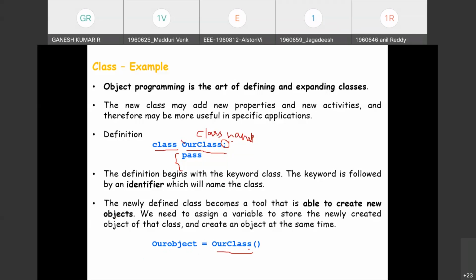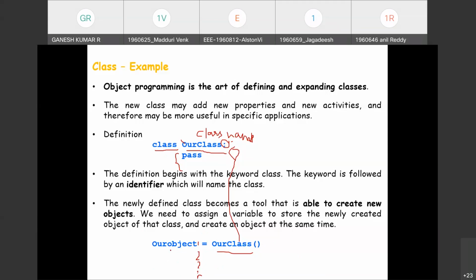Our object is equal to our class, which is already defined. So the newly defined class becomes a tool which is able to create a new object. Our object 1, object 2, object 3, object 4 up to n can become members of the class. And we need to assign a variable to store the newly created object of the class. So we define a class and then objects.